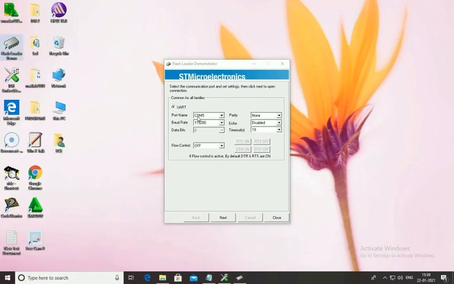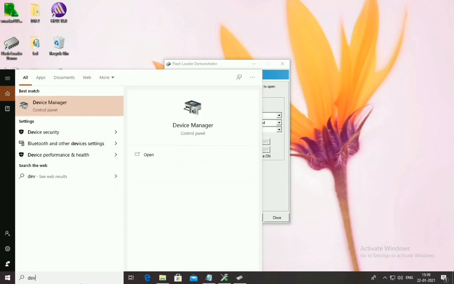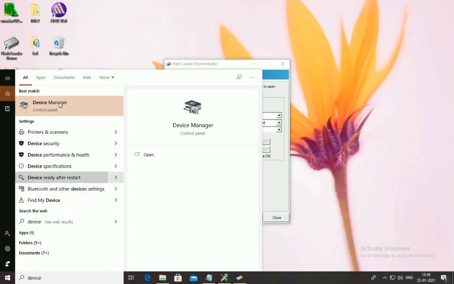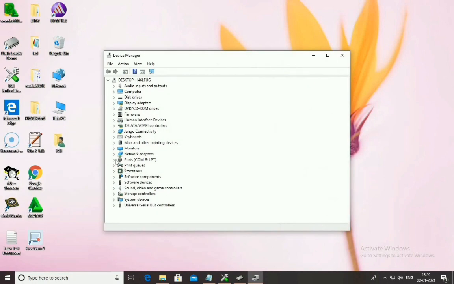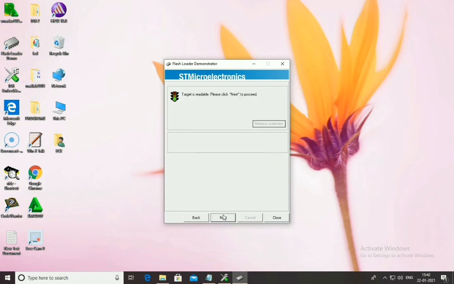Okay, go to device manager and check for the port name. You will find the port name in the USB serial port. Okay. Then give the baud rate this value, then click next. Okay, then next.